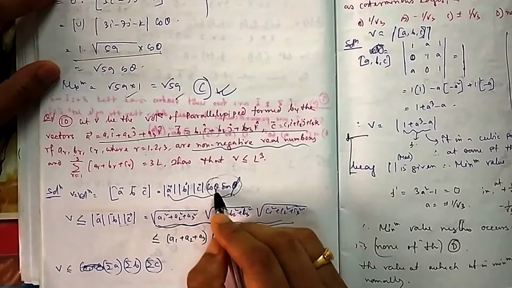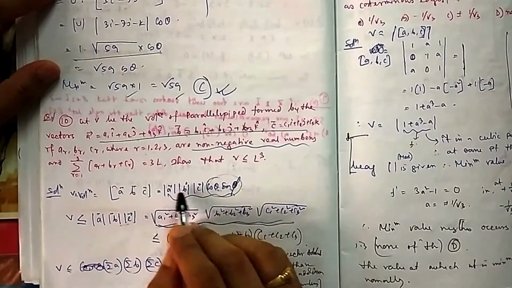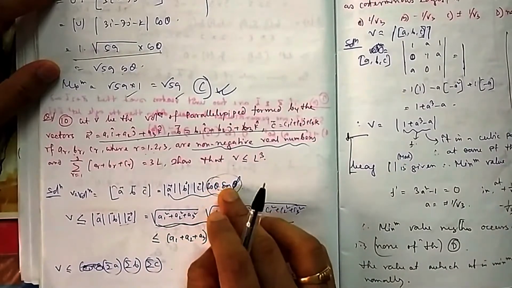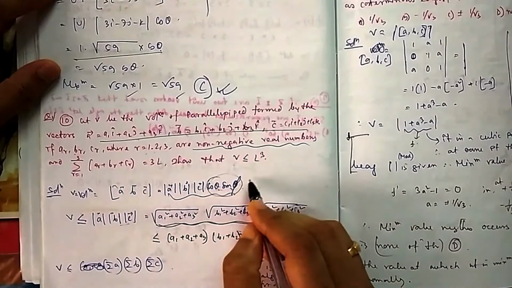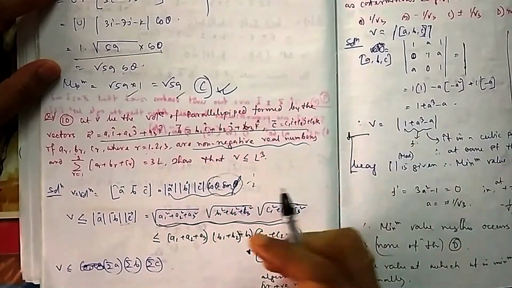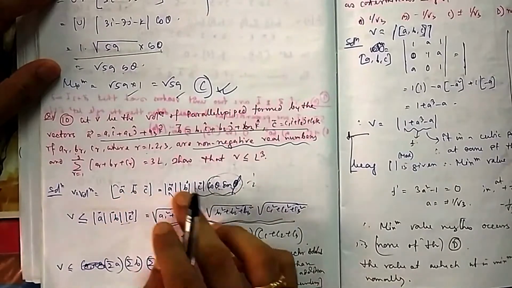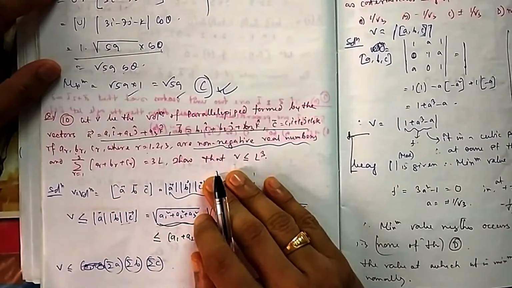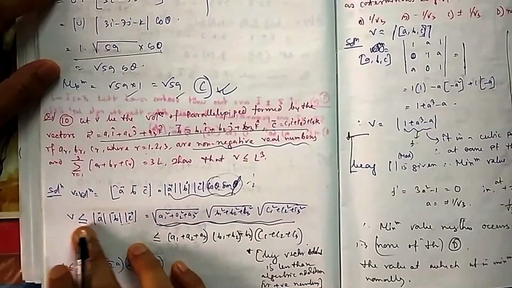Because in all these values, the maximum they can go is hardly 1. So obviously this value will be less than this one, because the rest of the values are fractions. If you multiply by a fraction, then it is less than, because these values are half, 1 by 3, 1 by 4, something of this fashion. If you take 1/4, then it is equal. Maximum it can reach up to this one, otherwise it will be less than this. So your V is less than this.